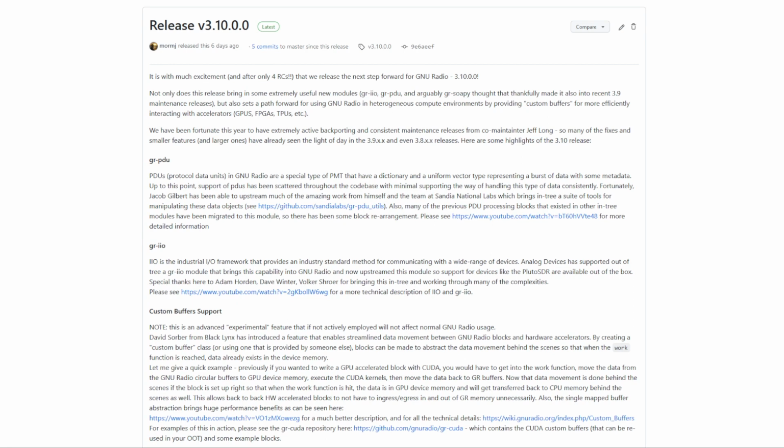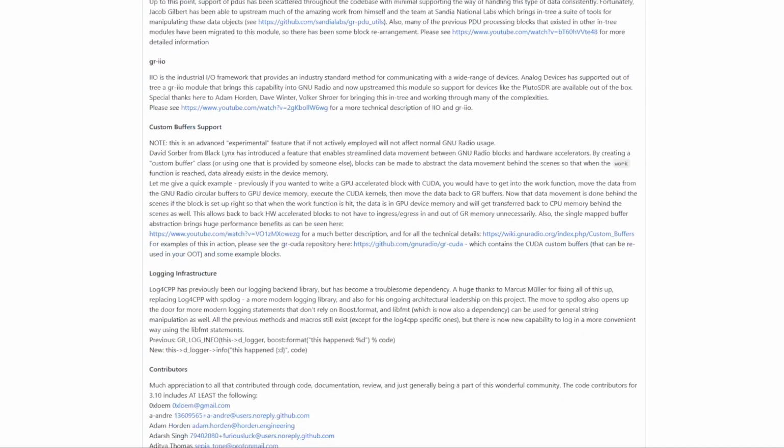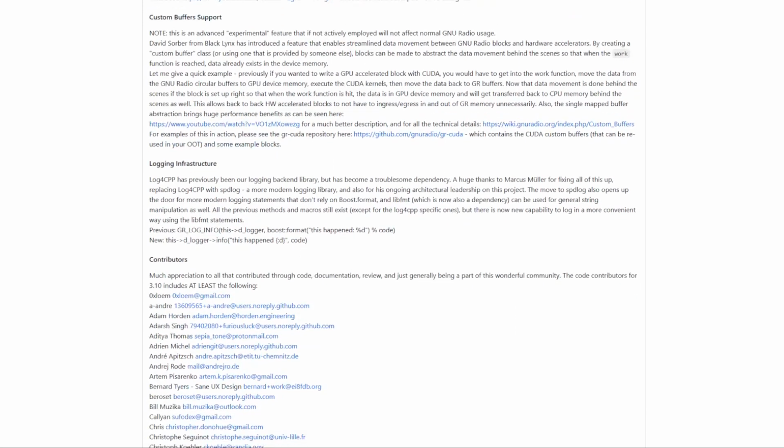This is the ability to more manually, more specifically, handle data movement between different types of devices and environments. Check out the series of videos at GNU Radio Conference, FOSDEM, and other events where Josh has spoken with a bit of a clearer voice about those features. There are notes and discussions in the change log as well.